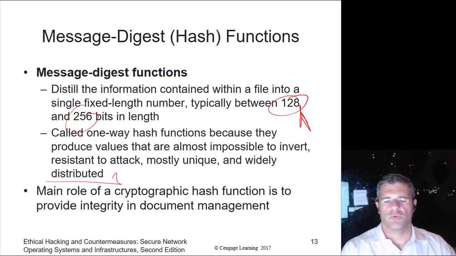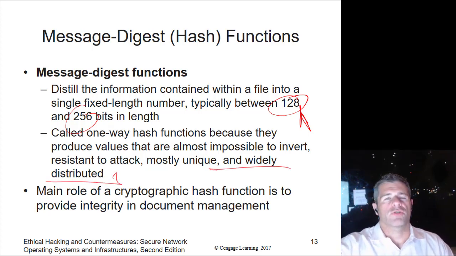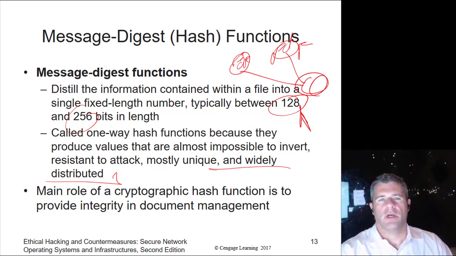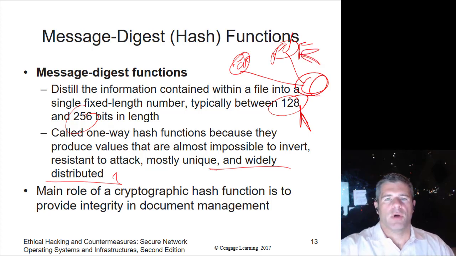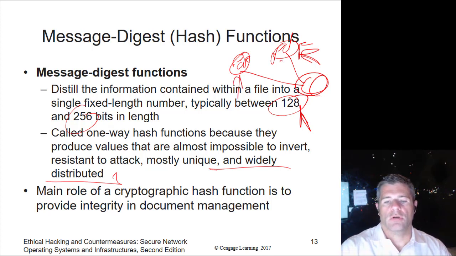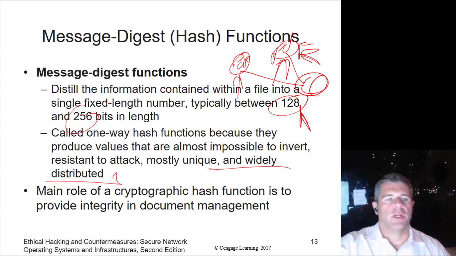If you've paid attention to the news recently, researchers at Google managed to create what's called a collision, where they had two separate PDFs and produced the same hash because of some jiggery pokery with the contents of those PDFs. That means that if you were using that as a digital signature, A would look for all the world like digital signature B. So we needed to move on and use a little better crypto. And that's the kind of thing that goes on all the time with cryptography. It's an arms and armor thing.